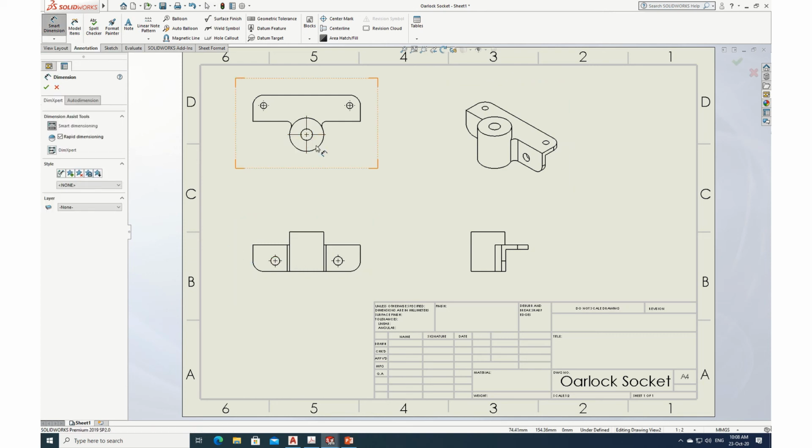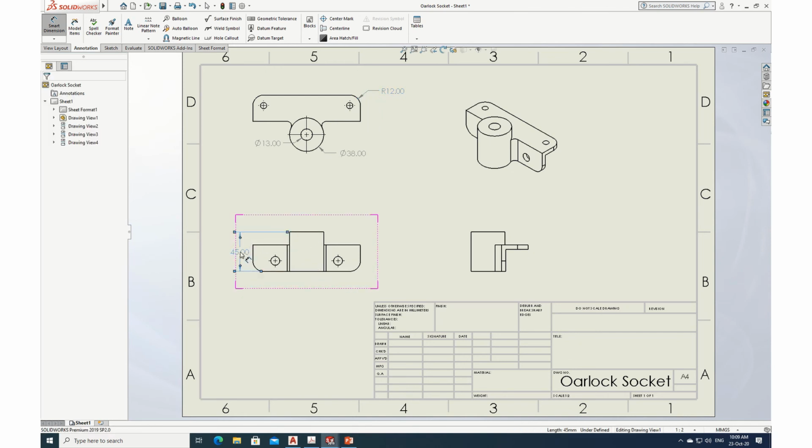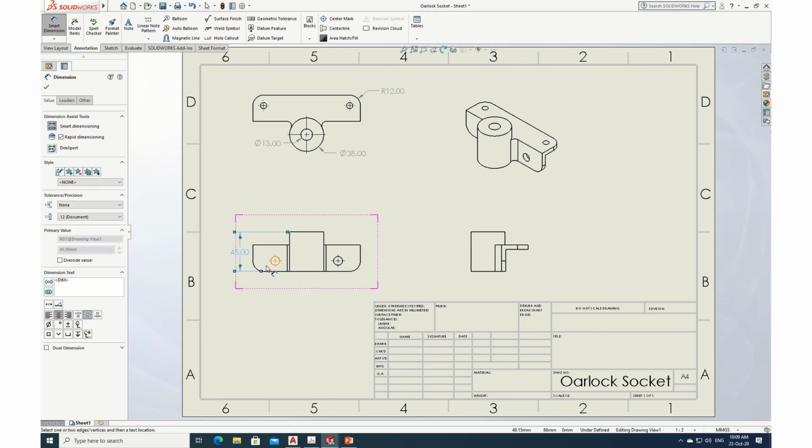Just click it, whatever you want you can just draw it. See here, click on this one, you have the diameter, and then click on this one, you have the diameter for this one. Then between this one, the radius is there. Okay, now let's come over here, whatever the height, the 45, the height is there, correct Shubham? And then for this one, let me put it here, see, it's here. For this hole, just go and put it here, it's there, right? So similarly on this also you can make the dimensions